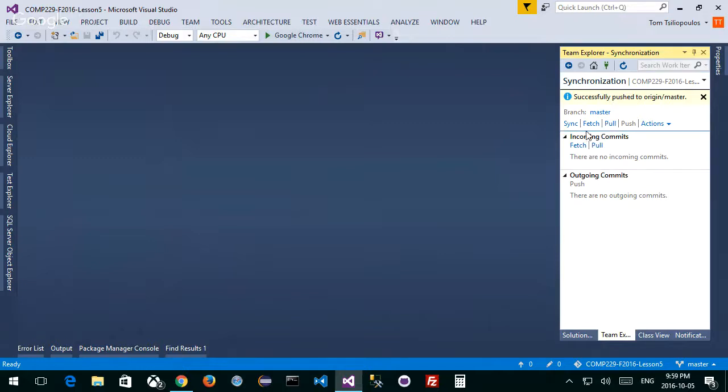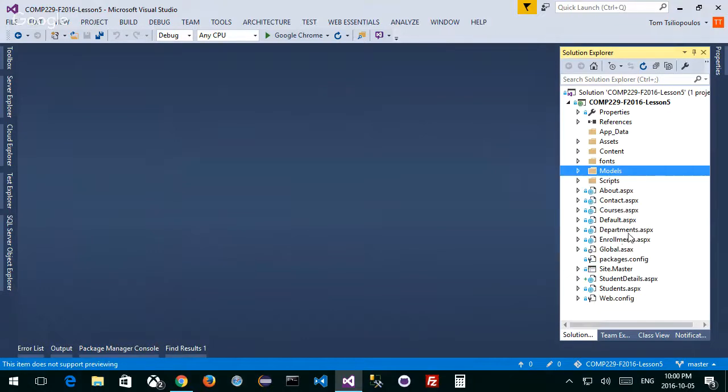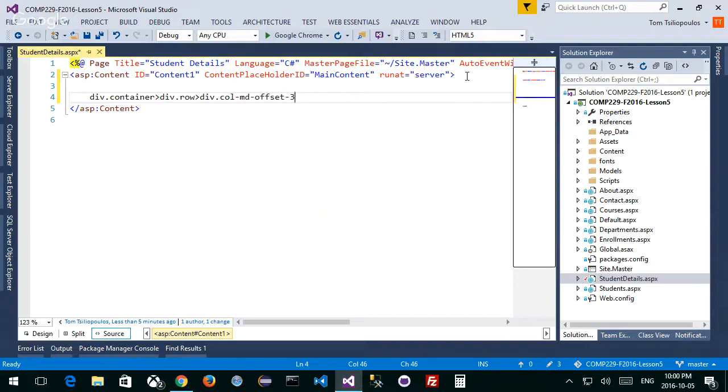All right, let's do a couple things here. First, I want to add a container to my page, right? Back to what we did. So here's my student details page. I'm going to go to my student details page, which I made, which is empty, inside my content page, right? I want to add a div tag with a class of container, right? I want to have a div tag with a class of row. Inside that, I want to have a div tag with a class of col-md-offset-3, let's say, right? And col-md-6. So 6 columns in the middle, 3 columns on each side.